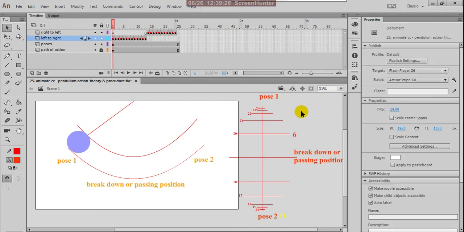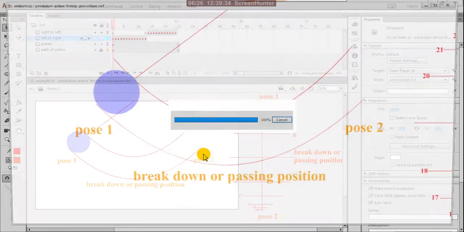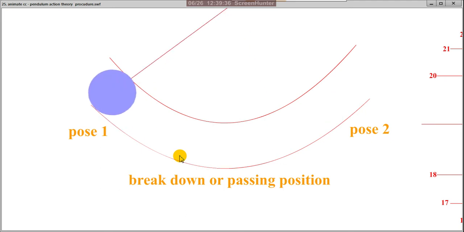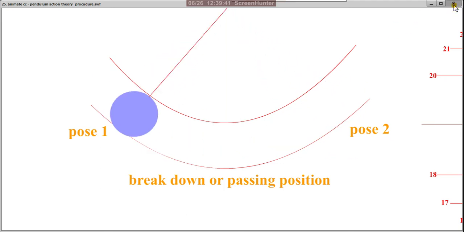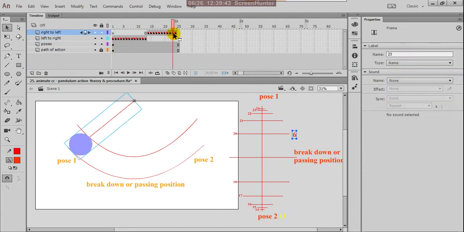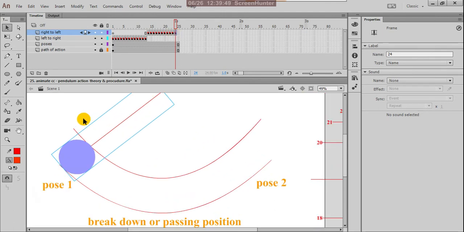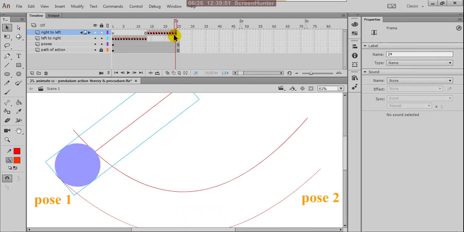Then to check the animation, press Ctrl Enter. Now see this pendulum action. Somewhere it is blinking, so there might be a color problem. Up to 24.